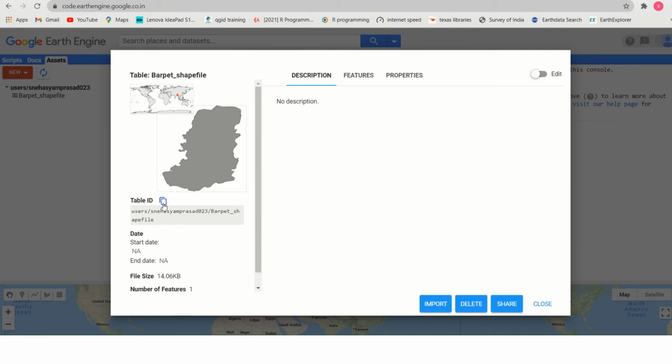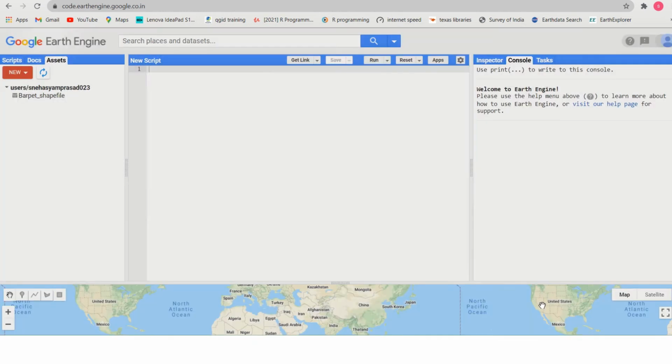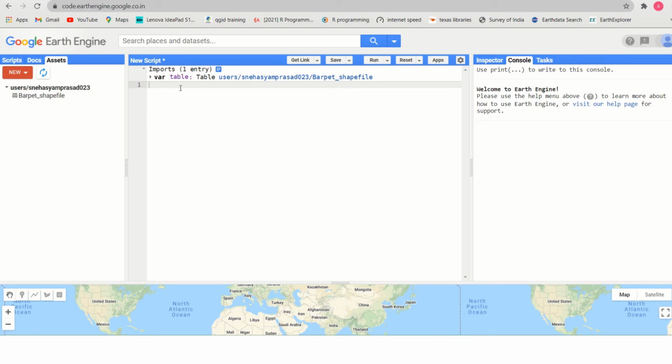And you can use this link. Whenever you want to load this to your particular map, you have to use this link and import, close. Otherwise you can directly import by clicking on this import into script.